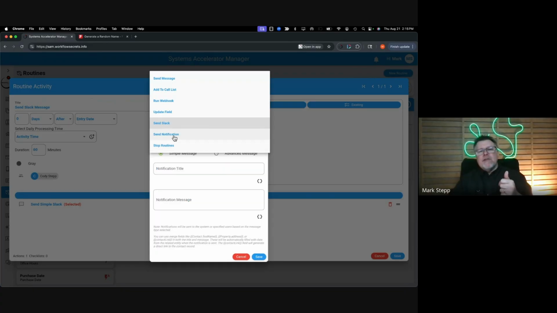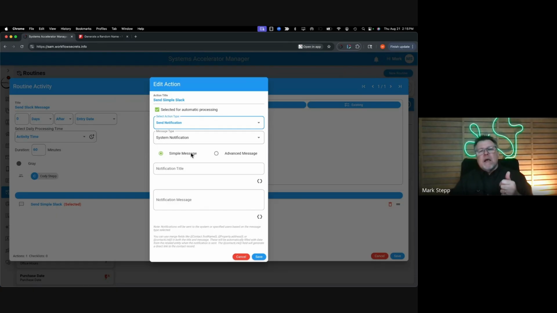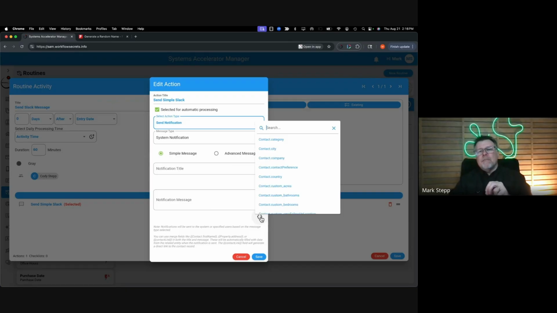Along with the notification pieces, both for Slack and the bell notification, you can specify notification messages. We went ahead and also added the ability to add merge fields in there as well. So your notifications can contain information about contact information in there. So that's in there. The other thing,